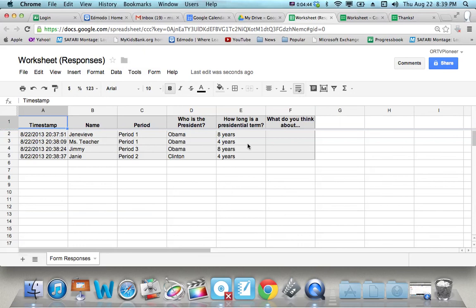The only downfall is if you have a paragraph answer, then whatever they write ends up taking up that entire space. But either way, it's a good way to organize and electronically categorize what the students